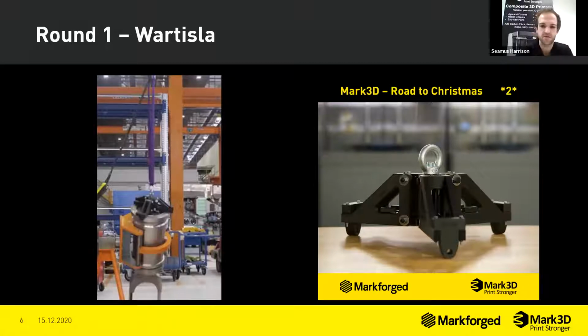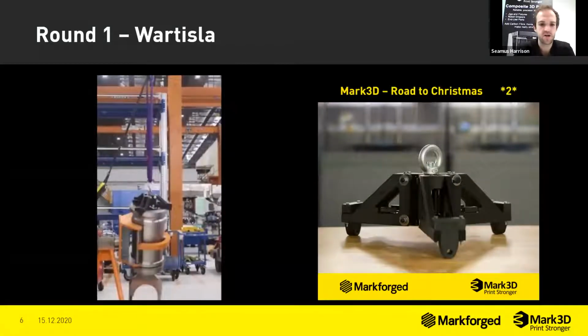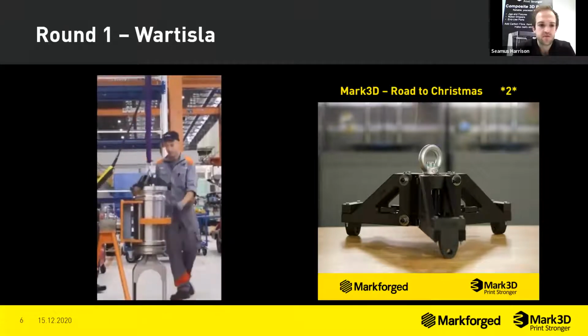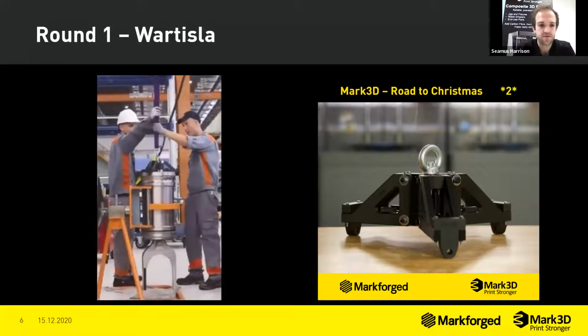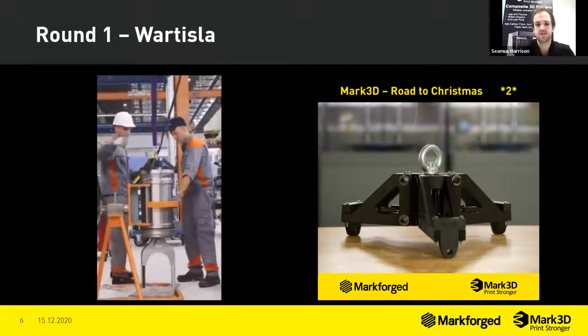I haven't got the part for this one in front of me, but we do have the parts for the others, just because it's quite large, and it's also good to show this one in action, which is a bit difficult to do here, as it's a lifting jig for lifting different components of engines. So large engine maintenance, quite difficult to show this off in our office, but we can see the jig there